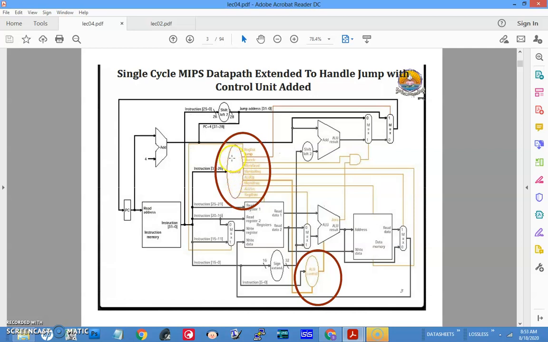Now it's a kind of black box where the instruction opcode goes in and multiple control lines come out. So let us see these control units in detail. There are two control units. One is the main control unit and another one is a dedicated control unit for the ALU. They are interacting. You can see one control line is coming to this one and generates this. So they are not totally independent. They have some connection. Let us see the details.